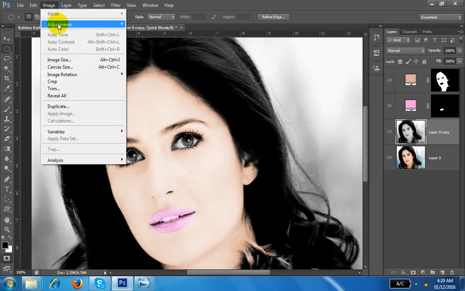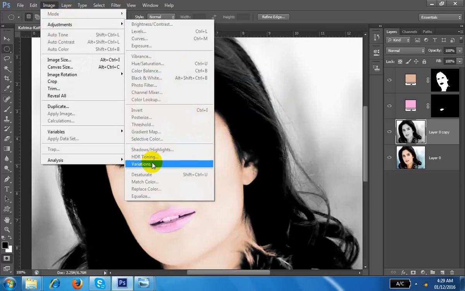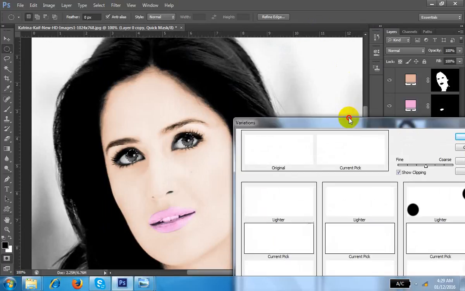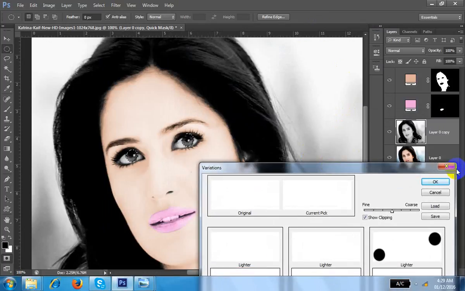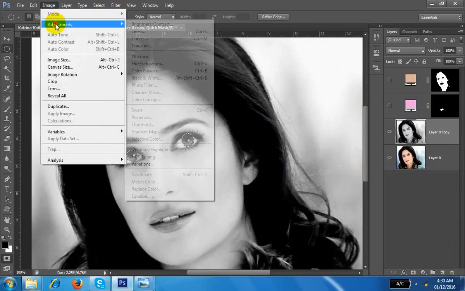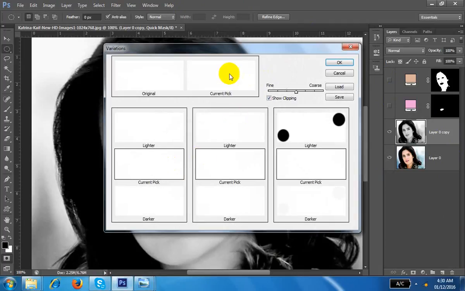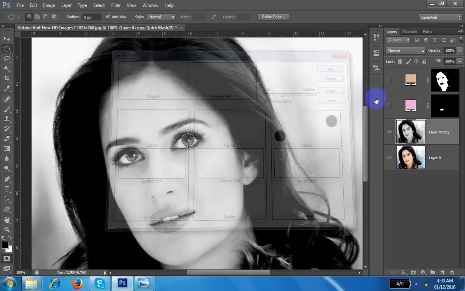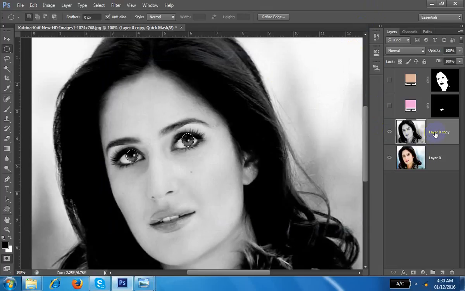Then change it from the variation, adjustment, variation. You can find this window. Okay, अभी ये क्यों नहीं दिख रहा है मालूम है? ये ऊपर ये लेयर आ गया ना, थोड़ी देर के लिए इसको हटाता हूं मैं. Understand? अभी देखता हूं मैं इमेज में एडजस्टमेंट में वेरिएशन के अंदर. हाँ, नहीं आ रहा है ये. Okay, कंट्रोल जे करता हूं इसको मैं.